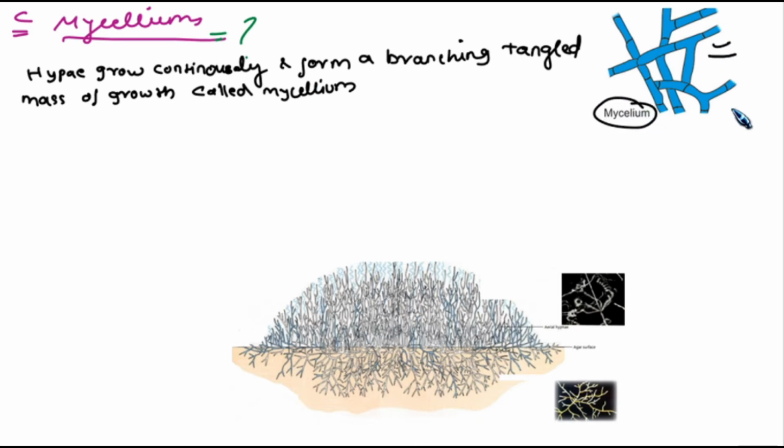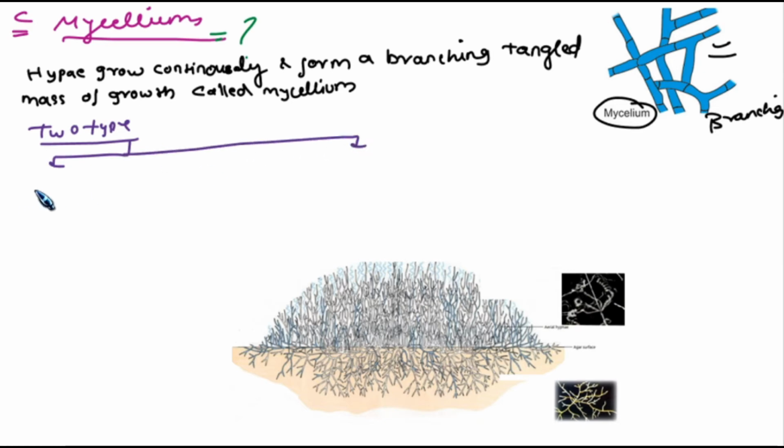You can see here the branching tangles. There is a mycelium. Mycelium is further of two types. First is aerial mycelium. Second is vegetative mycelium. Aerial means in the air, and vegetative means on the surface. Simply, aerial is the part of mycelium